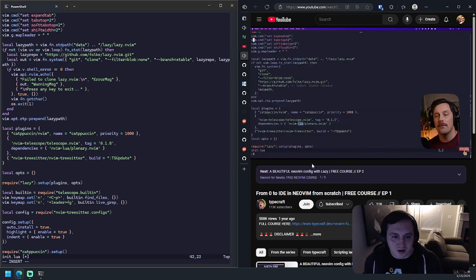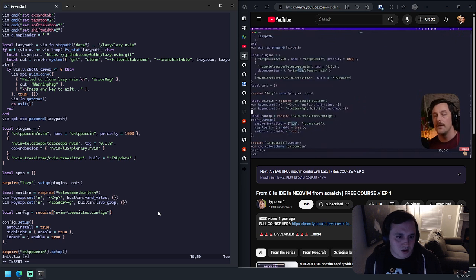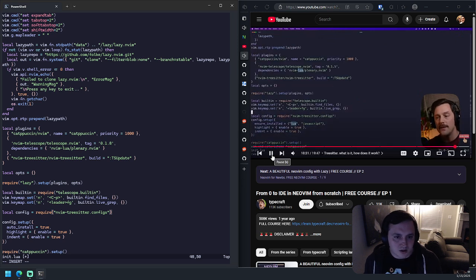we can see that we now have really awesome highlighting, and it looks amazing. So now tree-sitter is highlighting our code, it's indenting it, and